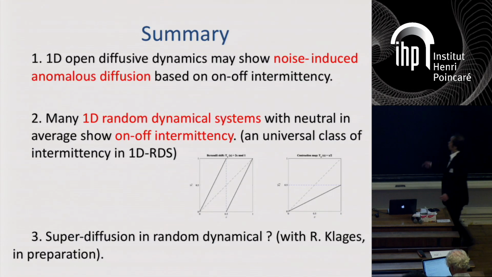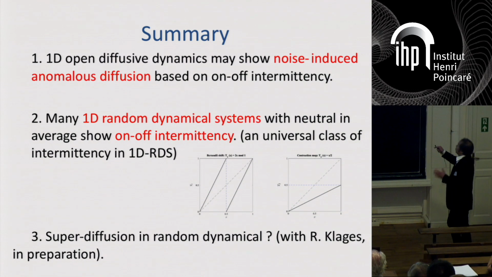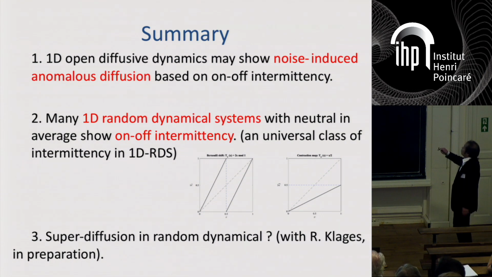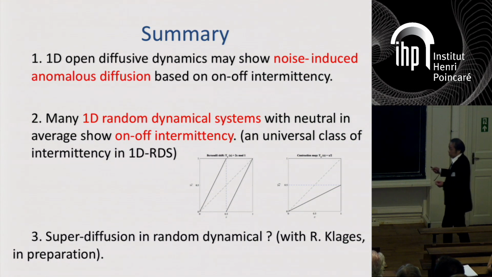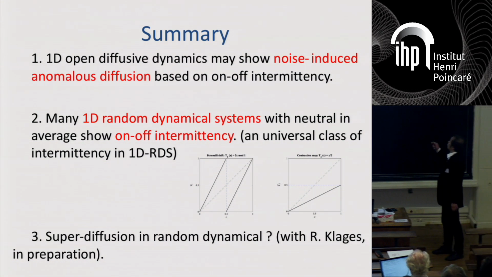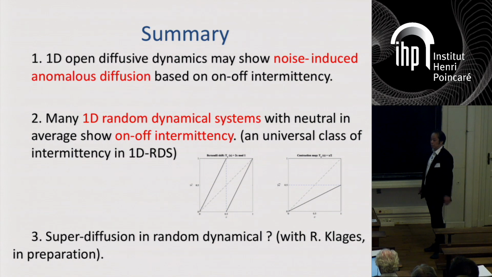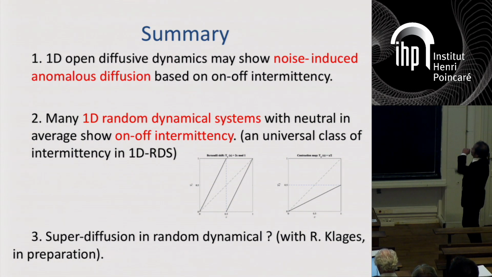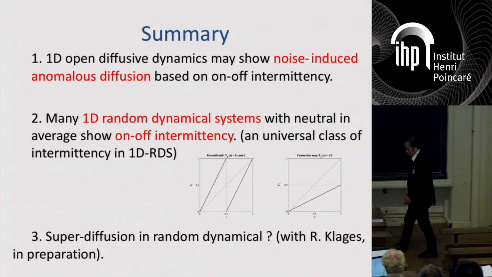Right, so this is actually the last slide of my talk. We found noise-induced anomalous diffusion, in a very general context in one dimension, and it is a noise-induced phenomenon in open dynamical systems. The anomaly is based on on-off intermittency in deterministic two-dimensional dynamics. And for this underlying dynamics, 1D random dynamical systems with neutrality on average show on-off intermittency and show this universal property